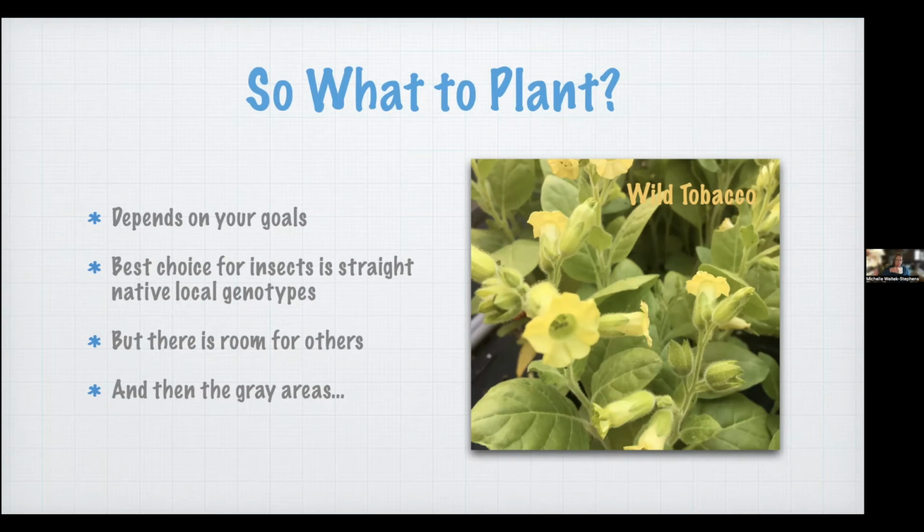And then there's some gray areas. So pictured there is wild tobacco. Wild tobacco grows wild in lower Michigan, but it's actually native to Central America. And humans moved it from Central America all the way up to the UP, Native Americans. So it is essentially a domestic plant, but it was here before the European settlement. So is it native? I don't know, but it's really interesting. It grows really well with the prairie sage and the bearberry that we're trying to get started. We decided that we would include this on our plant list as a native plant, but